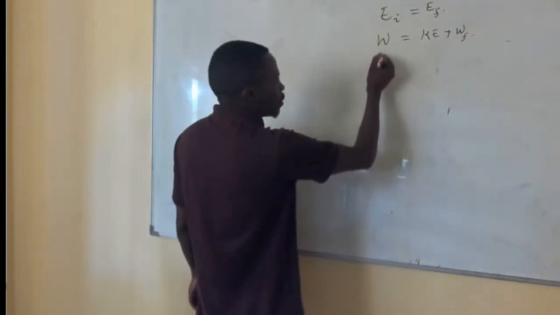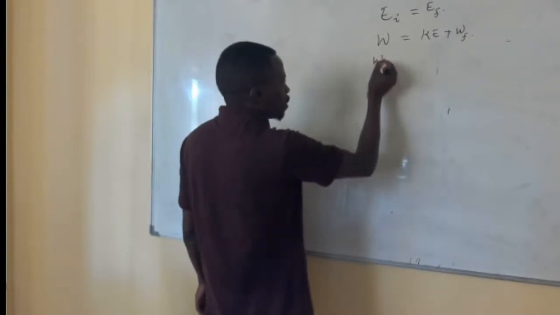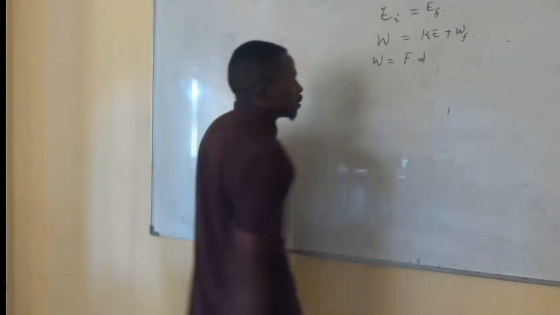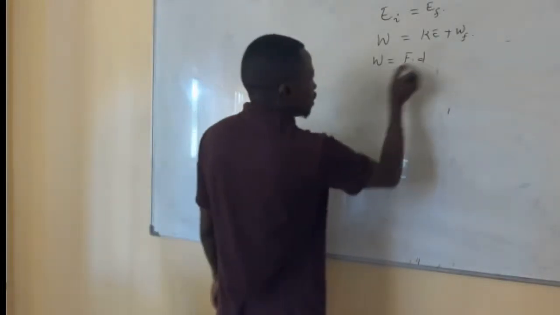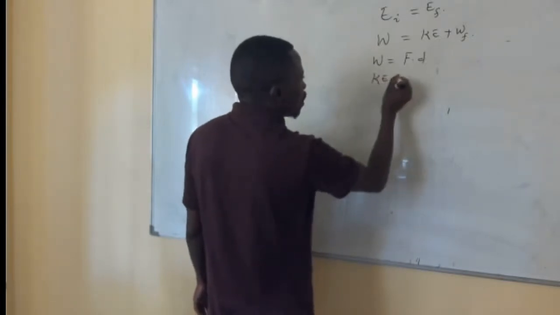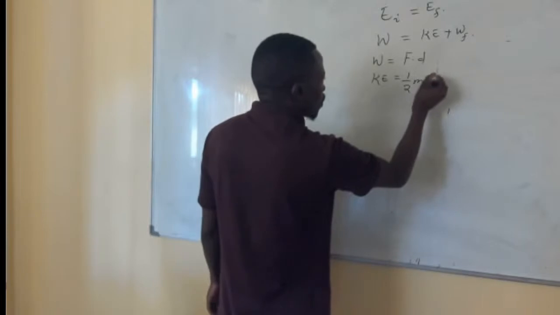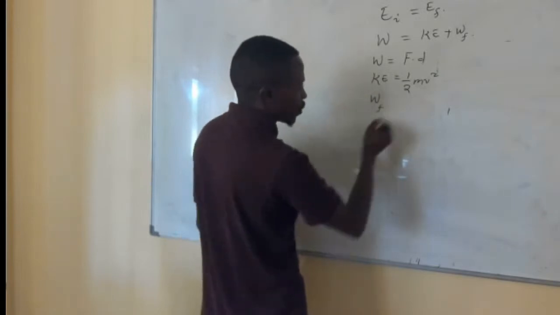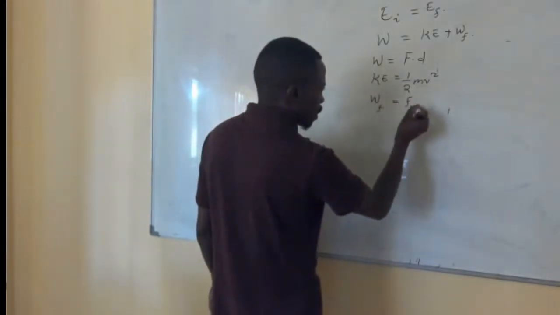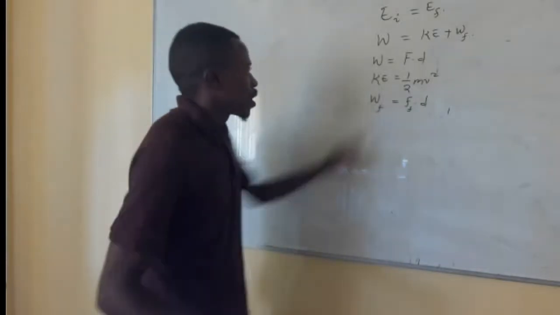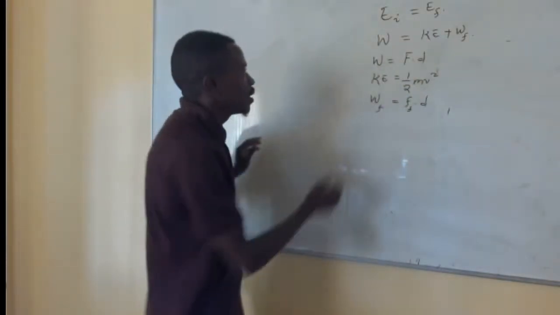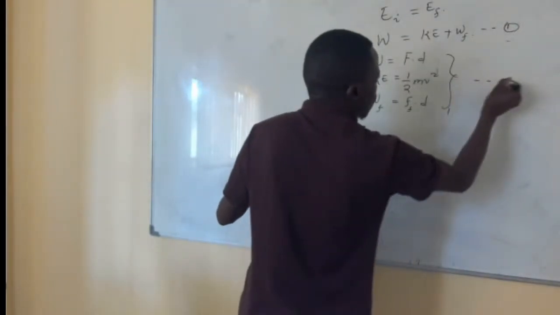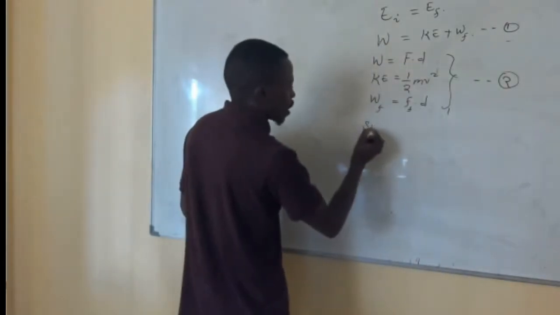Okay, so in this case, we know that the work done is just given by W is equal to the force times the distance. And we know that the kinetic energy is given by half mv squared. Then the work done against friction is given by the friction force times the distance. So we have 3 quantities that we replace in our equation there. Let's say that this is 1, and then this is 2. So if we substitute 2